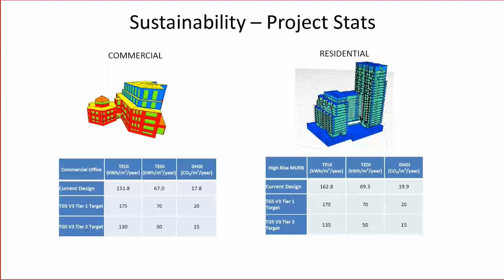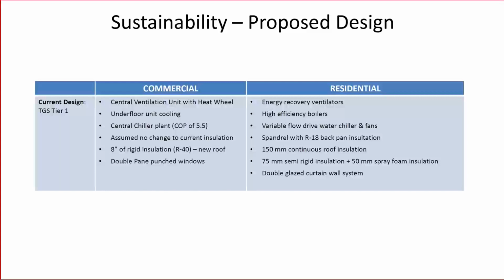And similarly for the residential, we are also in that band. We're meeting that TGS version 3 Tier 1 target as well. So in the next slide, we can see some of the energy conservation measures that we have included into the design that help us meet the TGS Tier 1. So for the commercial side, we have